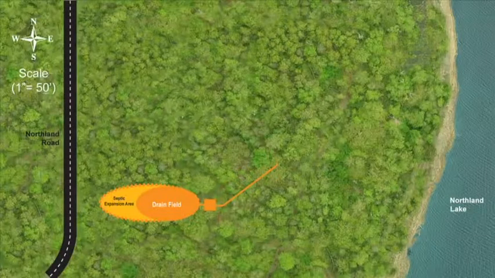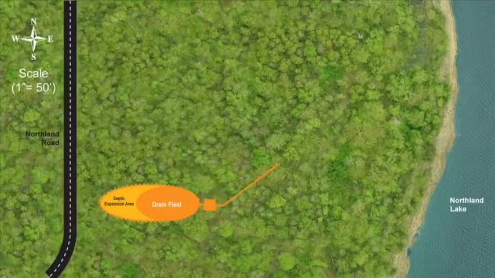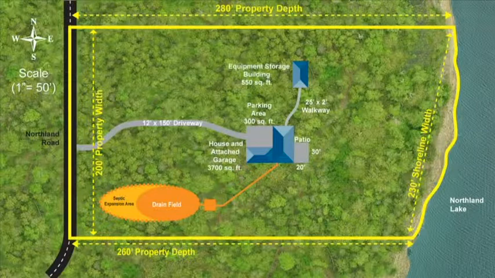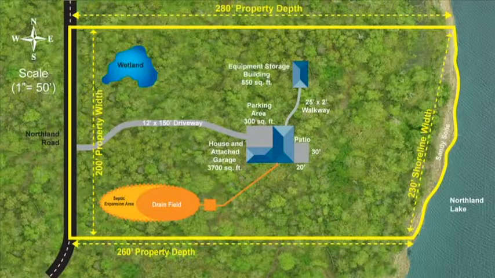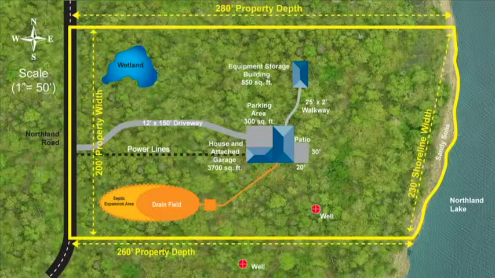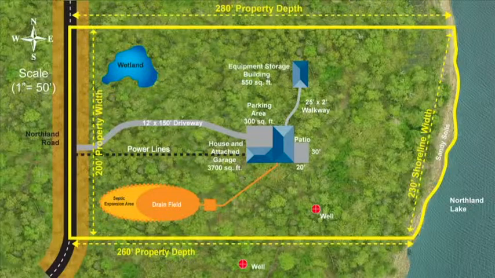In order to properly determine your system's placement, you must adhere to the current setback standards. These standards determine how far the septic system must be set back from things such as property lines, structures, wetlands, shorelands, wells, neighboring wells, easements, underground power and phone lines, and road right-of-ways. Before deciding on what type of SSTS is right for your property, a few questions must be asked in order to narrow the SSTS selection process.